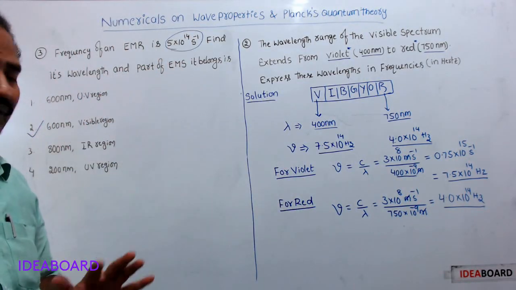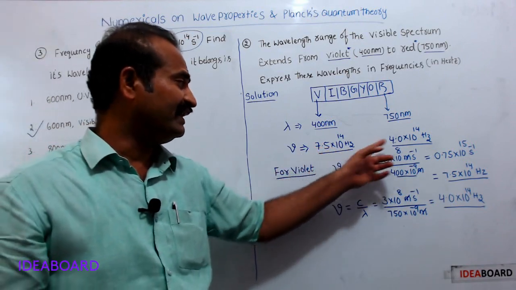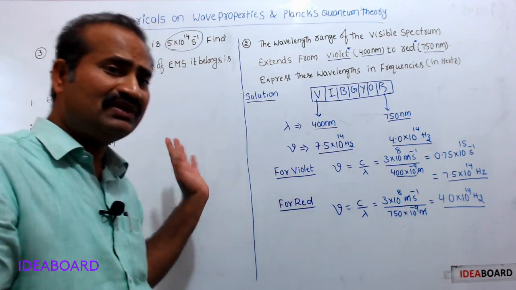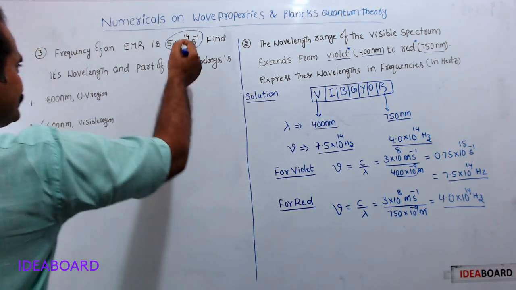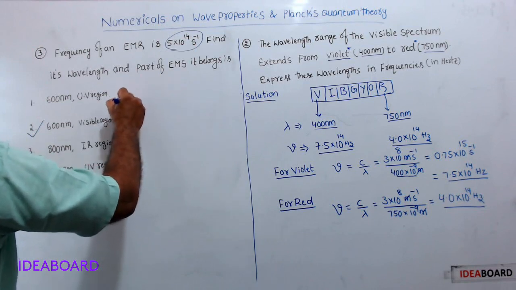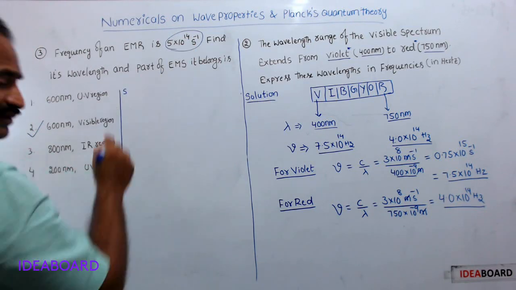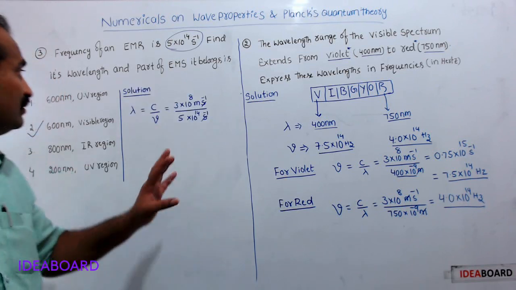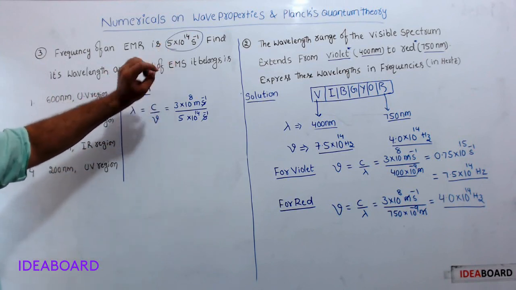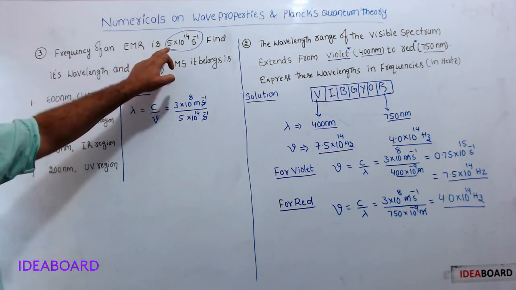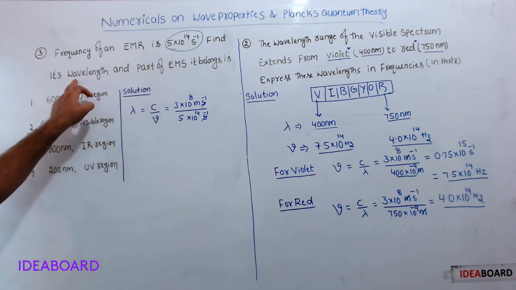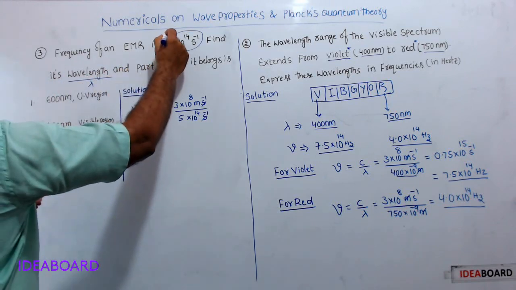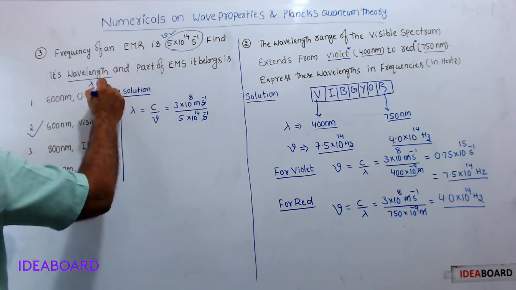You can choose the answer. Suppose you forget about the frequency range and only know the wavelength range of the visible region; in that case you need to solve it. Now see here, you are given electromagnetic radiation of frequency nu, and we need to find out the wavelength lambda.